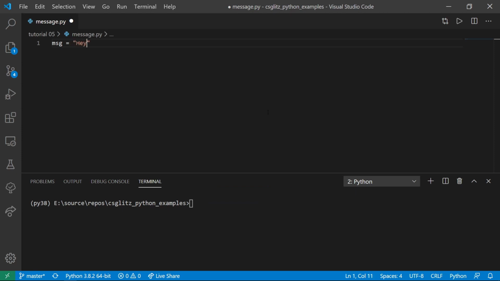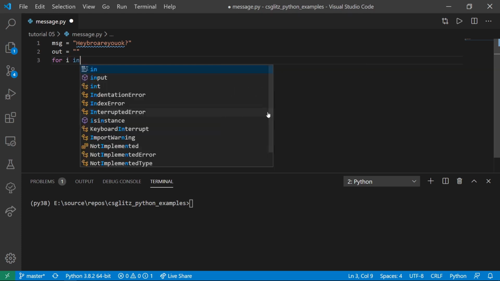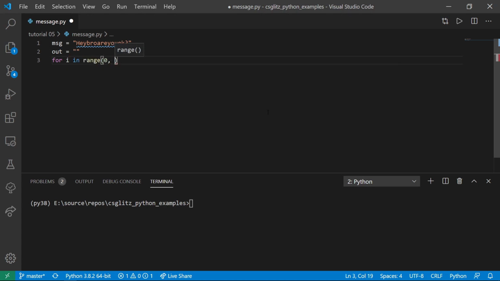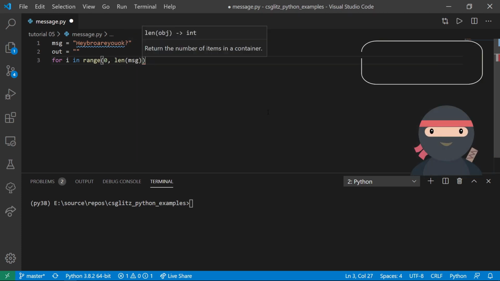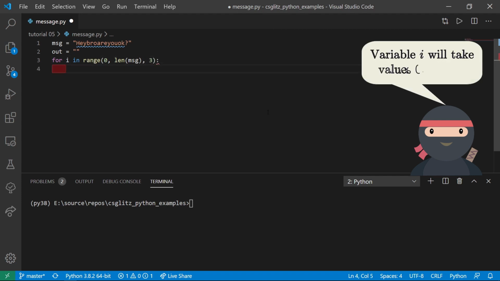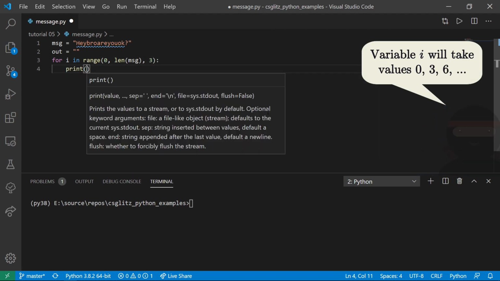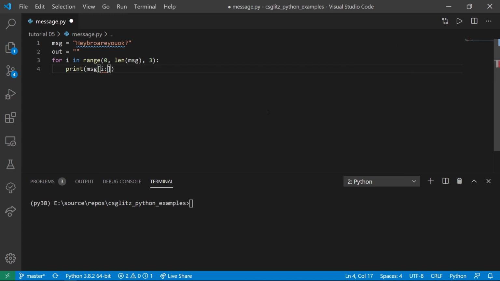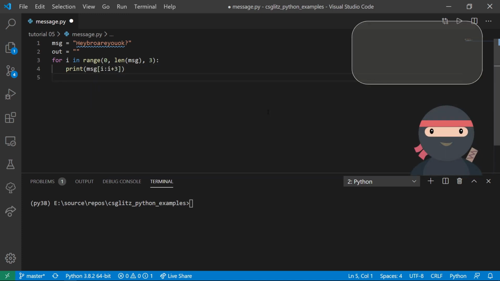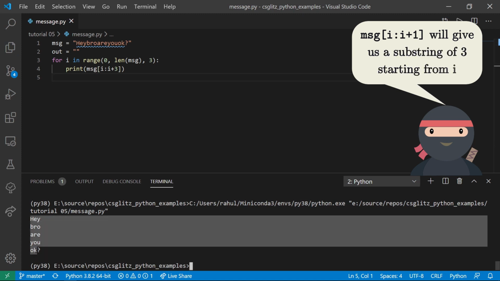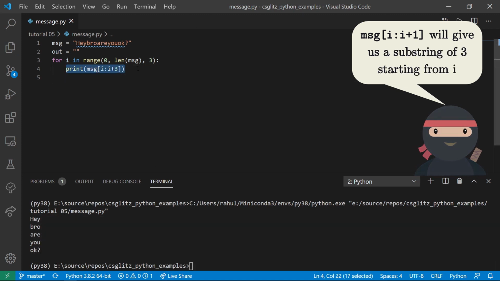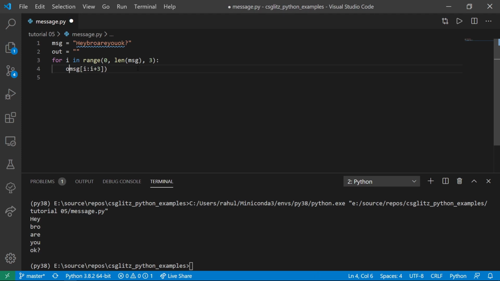Now let's try to use what we have learned so far. We got a message from some friend, but he forgot to put spaces in between the words. All he told us is that the words are 3 characters long. Let's try to decode the message. We will start the starting index of the slice from 0 and keep increasing it by 3. After that, we append it to the output alongside a space.